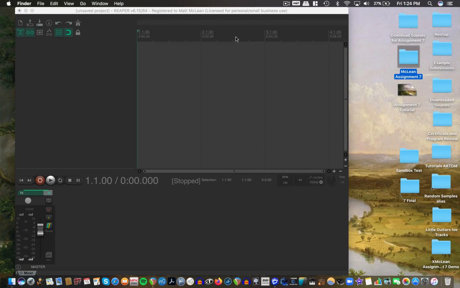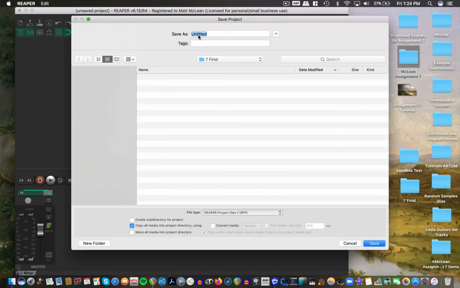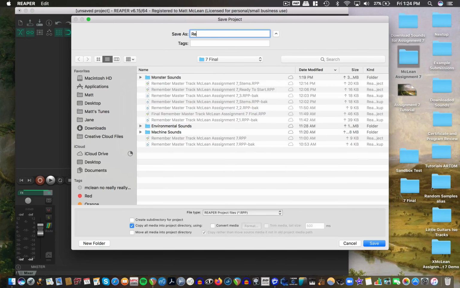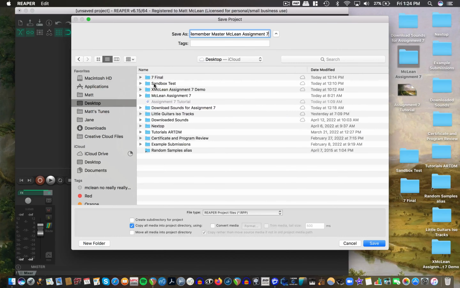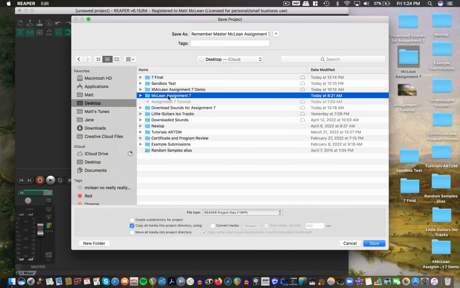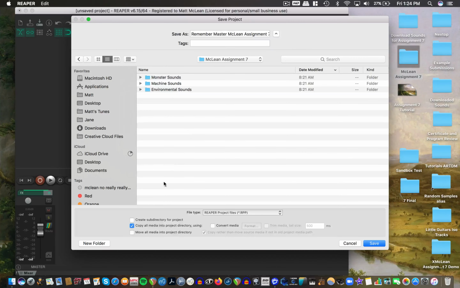But before I forget, I'm going to save this Reaper project into that folder as well. So I'm going to go to File, Save As, and then I'm going to call it Remember Master McLean Assignment 7. And let's make sure we're putting this in the right spot. This one is the McLean Assignment 7 folder, and I'm going to click on this